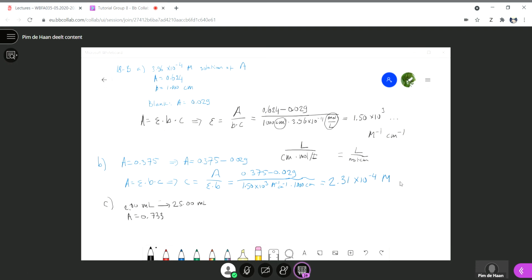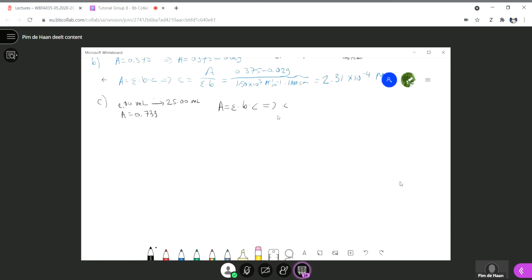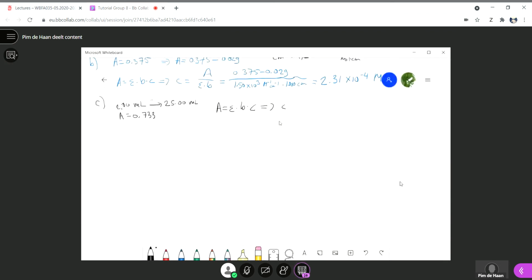All right. That's not so hard, I think. A equals epsilon times B times C. We want to know C in this case again. I'm going to move this up a little bit. There you go. Just ask me if you want to see other stuff again. And C equals A divided by epsilon times B. And this we're going to fill in. Equals